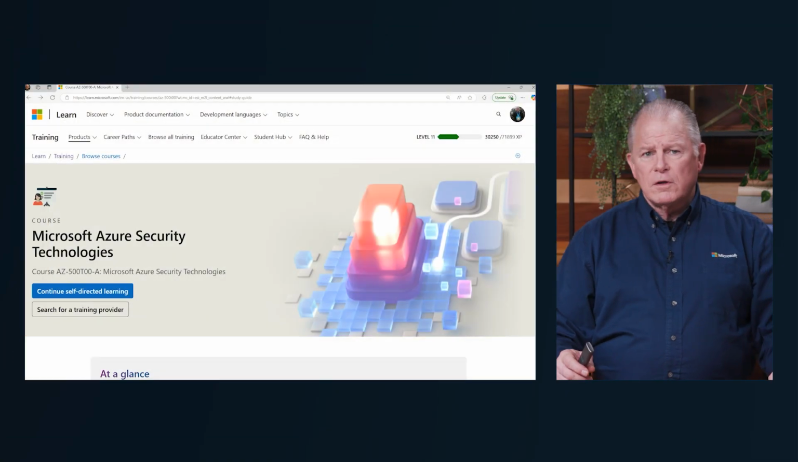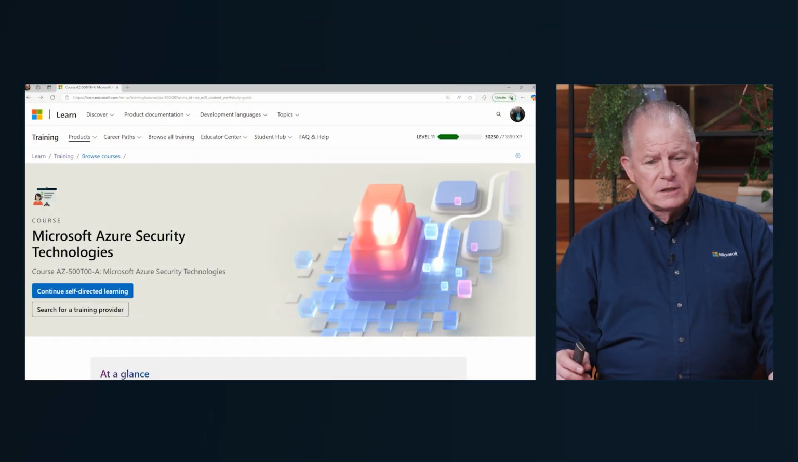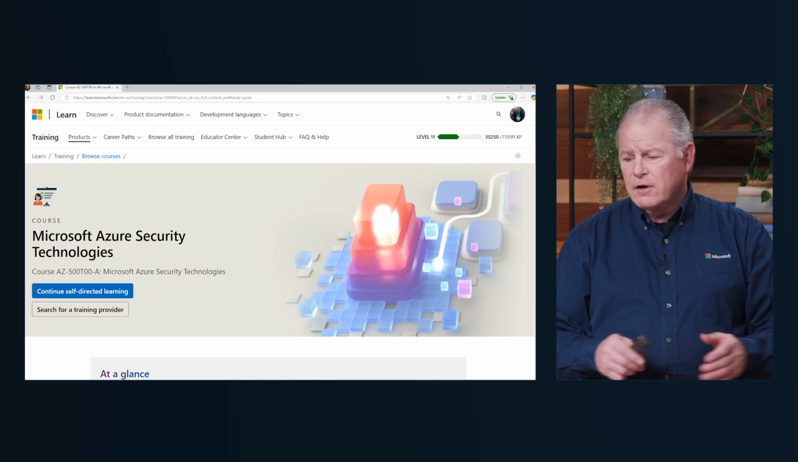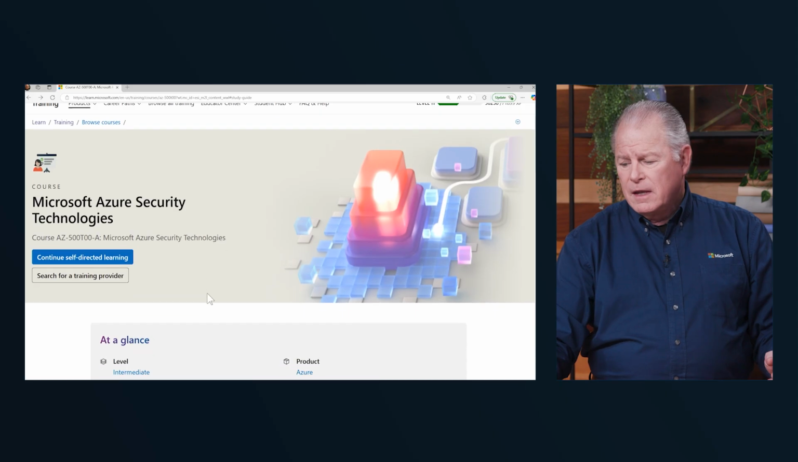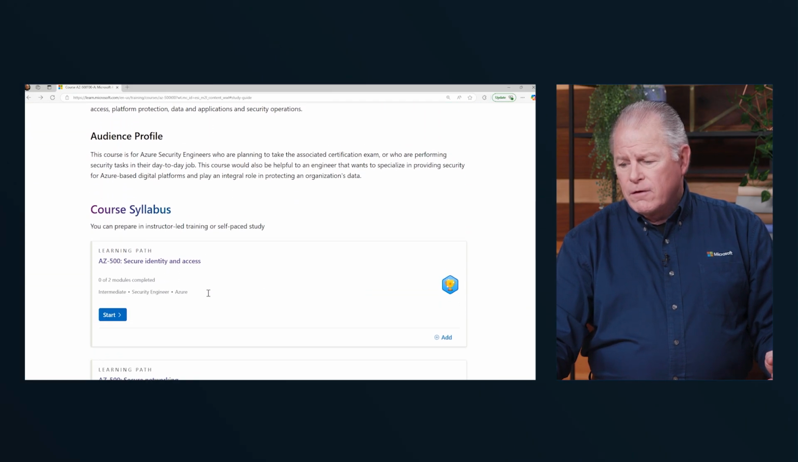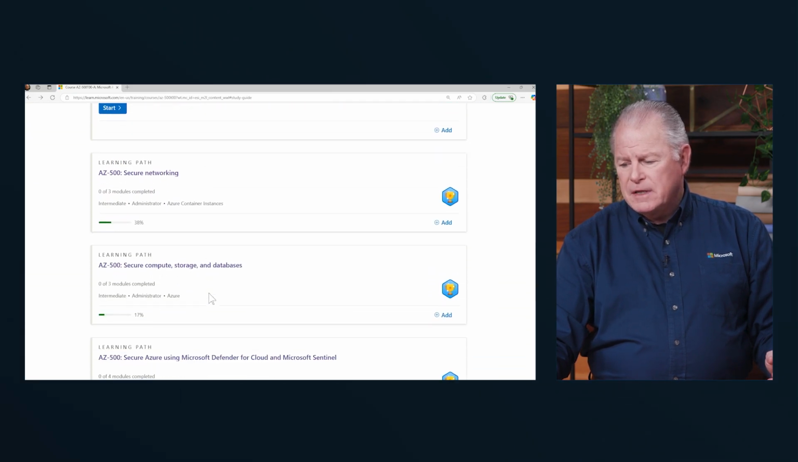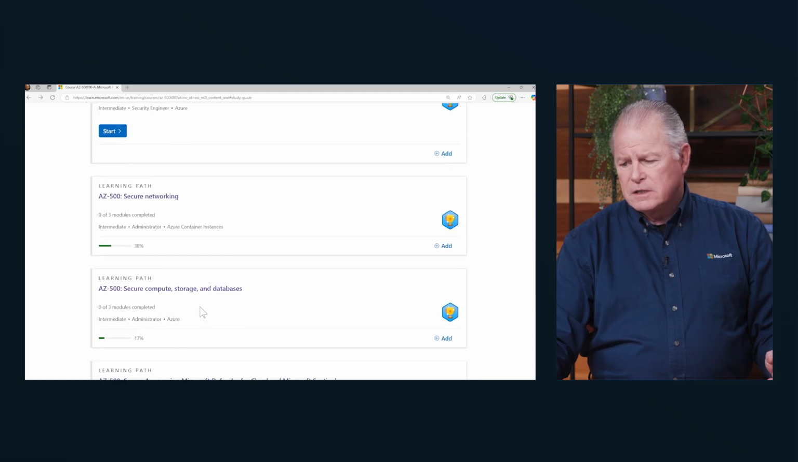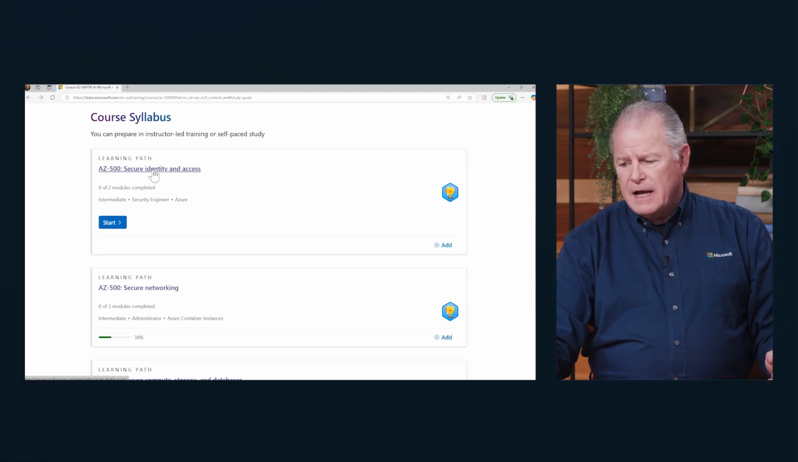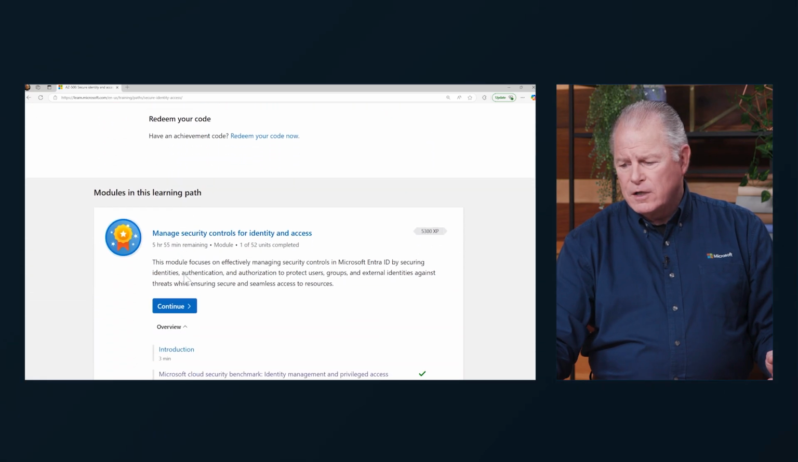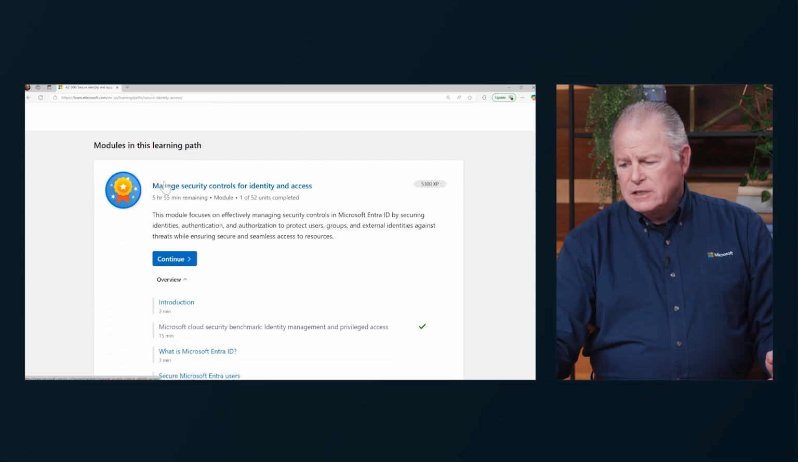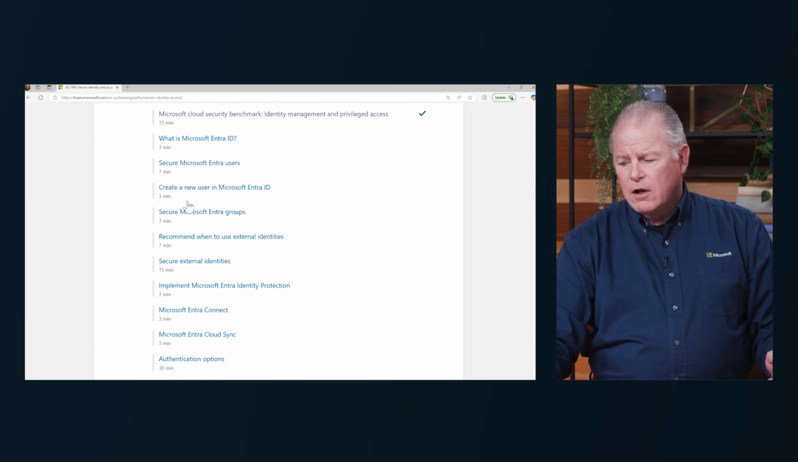So if you go to the short link, aka.ms/course AZ-500, you should land on this page on the Microsoft Learn site. In here are the 4 learning paths that make up the entirety of this course. I'm going to go into the first learning path on identity and access, and you'll see that we have the 2 modules, the managing security controls and identity, and this is where we're going to spend this recording going through